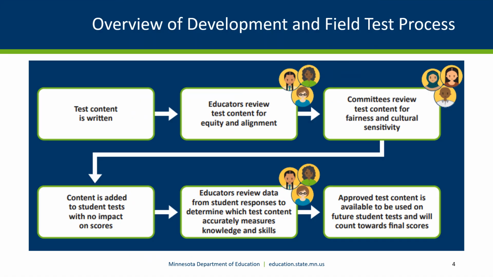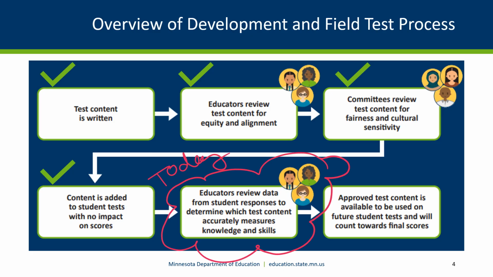About 18 months ago, the writing and editing process of these items began. About a year ago, a group of Minnesota educators and community members edited and approved the items based on their content and fairness. Then just a few months ago, the questions were field tested across the students in Minnesota using a random sampling method. And now, your group will review the items based on their performance data and alignment to